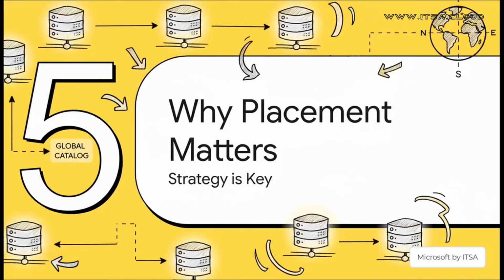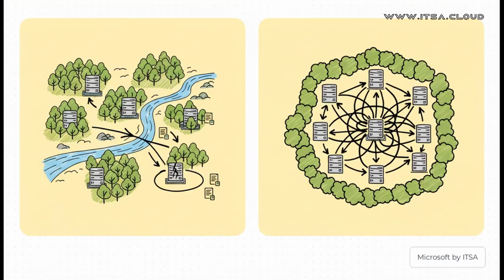All right, last big topic here. You can't just flip a switch and say, I have a global catalog now, and call it a day. No, where you put these servers, that's a huge strategic decision, and it all depends on what your network actually looks like. If you've got a big multi-domain forest, maybe with offices all over the world, you're definitely going to want multiple global catalog servers. That gives you redundancy. If one goes down, no big deal, and it keeps searches fast for everyone no matter where they are. But if you're running a simple single domain forest, life's a lot easier. In that case, every domain controller already has all the data, so they all pretty much act as global catalogs right out of the box.